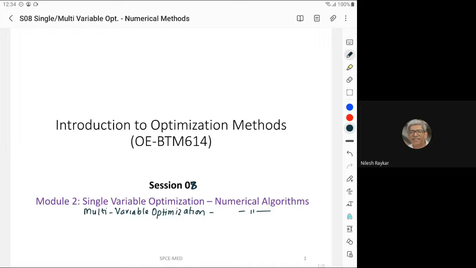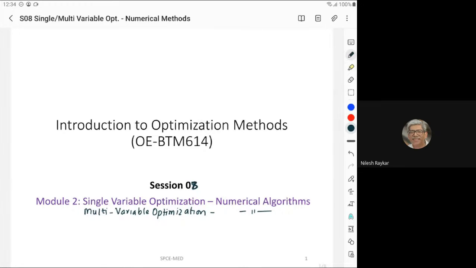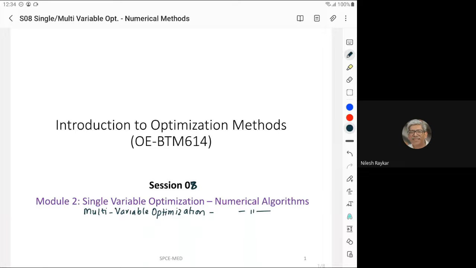We started the different numerical methods yesterday, of which we took the bracketing method first. So what is the feature of the bracketing method? Among the different methods, we have only two types: one is bracketing, the other is not bracketing. The bracketing method doesn't give you a more accurate location, but it gives a broad map in which to search further.